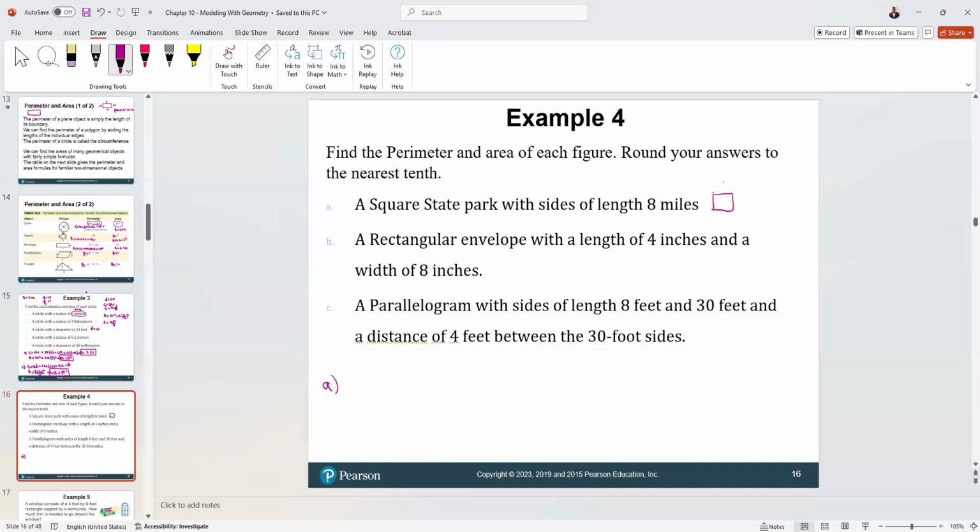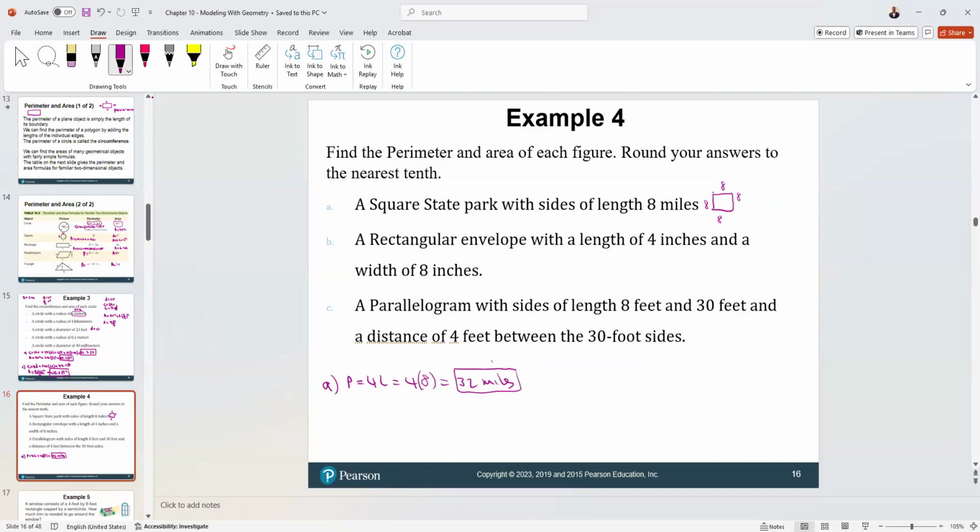That's a square, so that means all these sides are the same. All right. So for this, the perimeter would be you add all the sides, 8 plus 8, or you just say 4L. Okay. Remember we said it's a 4L. I mean 4 times 8 is 32 miles, right? That's the perimeter